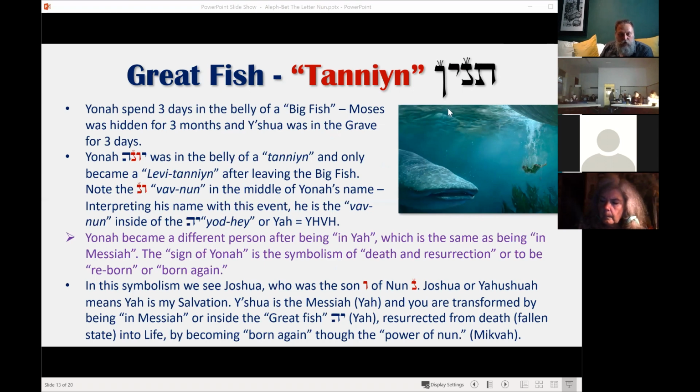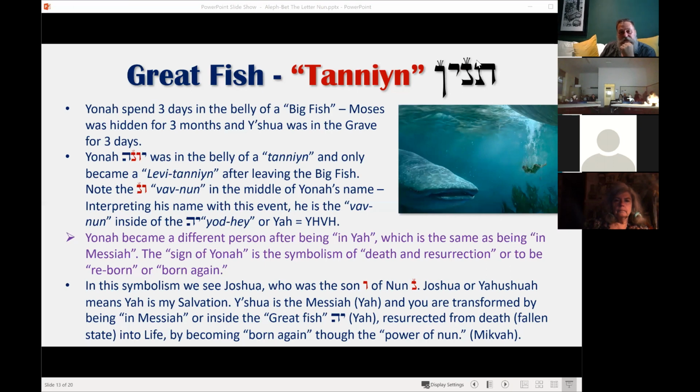Where he could do the work of a priest. Prior to that, he did not want to do the work of the priest, and then being transformed in the belly of this big fish that we saw represented by Leviathan produces a Levite or a priest, an anointed, mature state that can do the work with the anointing of that yod in their life, being transformed over that 3-day period. Now, we know that the 3-day period, in connection to Yeshua, depicts his death.